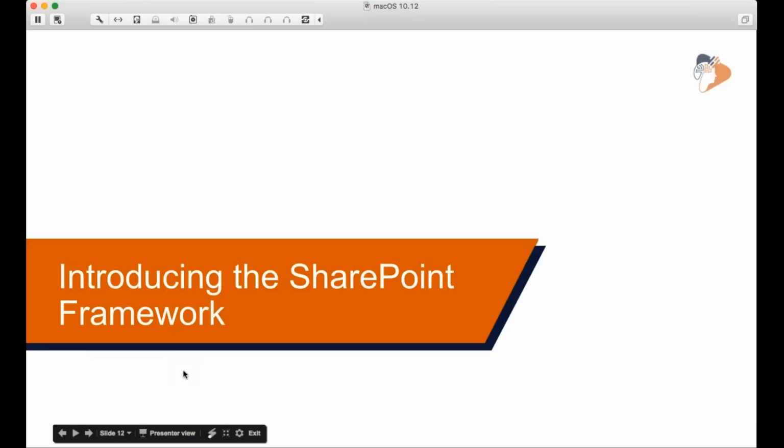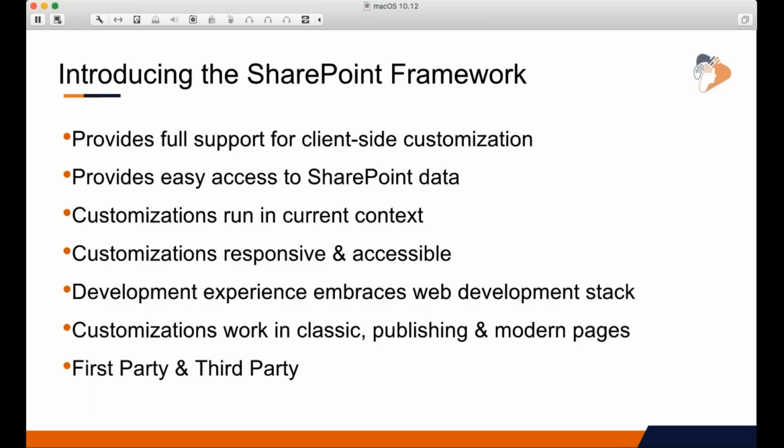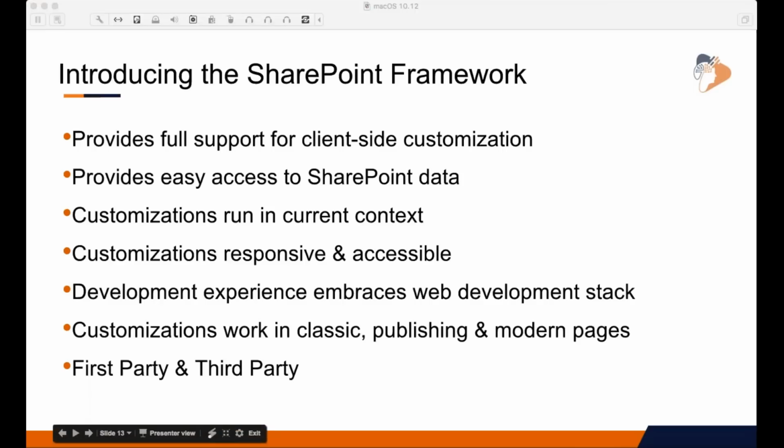So Microsoft looked at all of this and said, we need to embrace this style of development, the way that people want to do it. What they came up with is a concept called the SharePoint Framework. So no more history lesson, now we're looking forward. The purpose of the SharePoint Framework is to make client-side customizations an official development model for SharePoint developers, allowing developers to create client-side customizations that can be packaged up and deployed to SharePoint sites just like SharePoint solutions and add-ins were in previous versions.